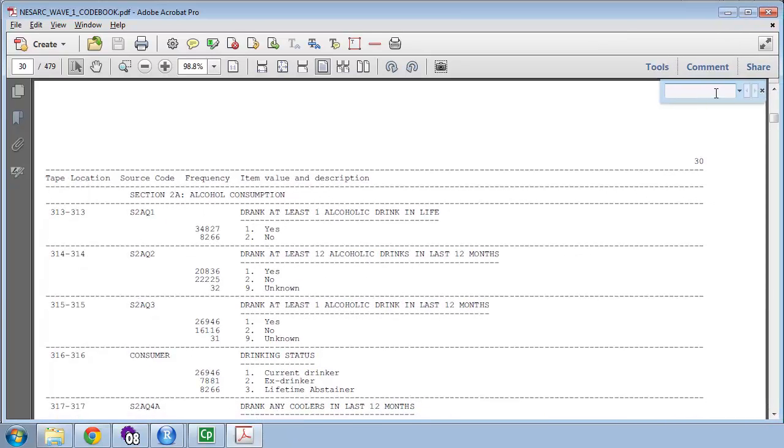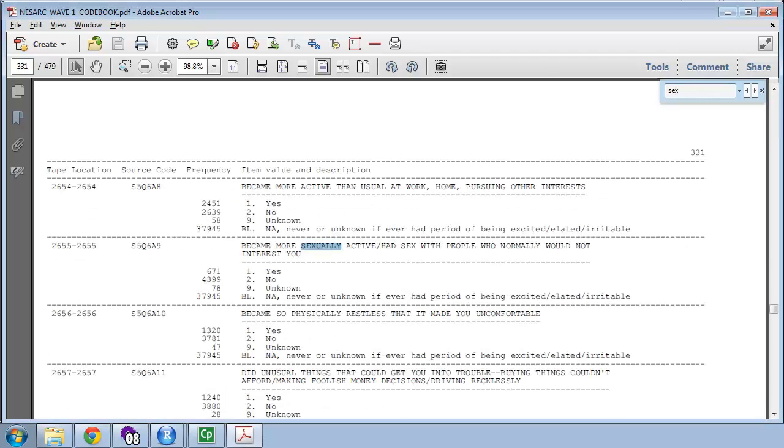And I'm going to try gender first and press Enter. All right, no matches. That's probably because they used sex. Okay, became more sexually active. All right, so we're going to notice where the